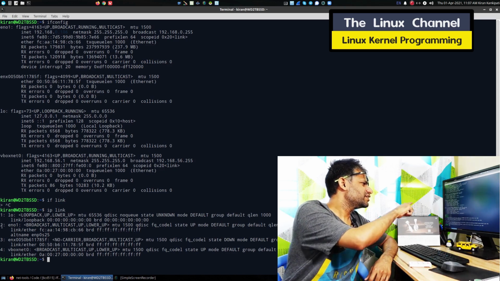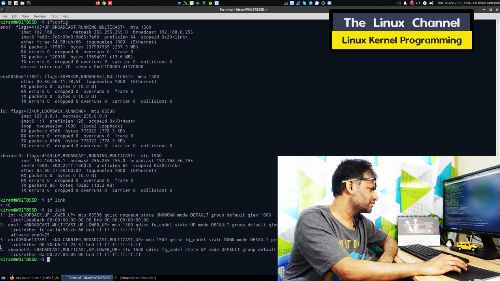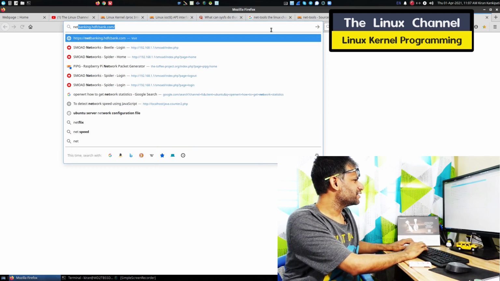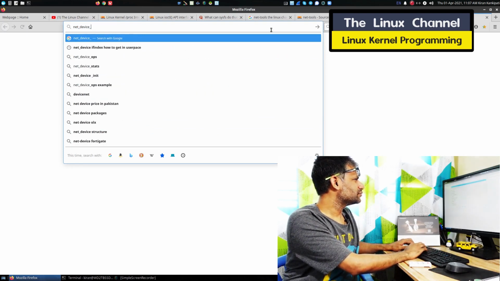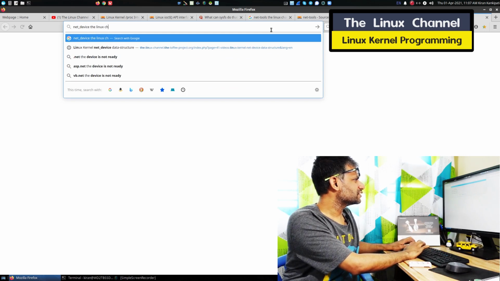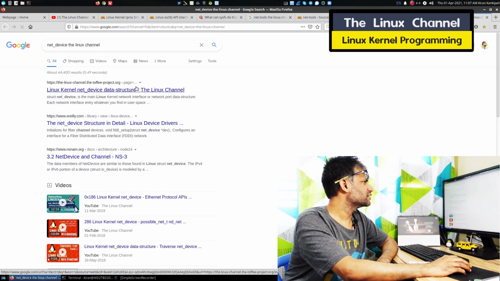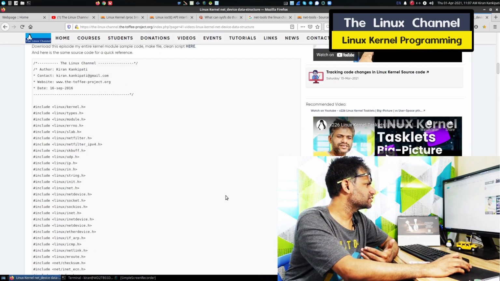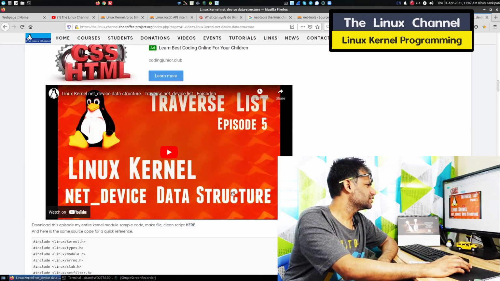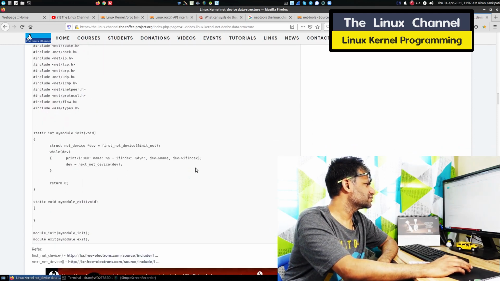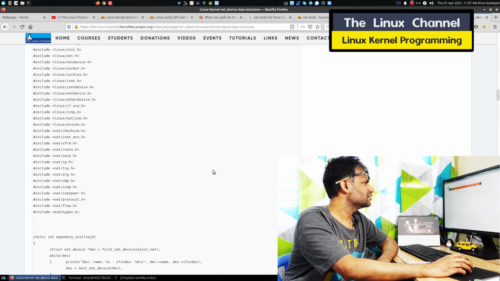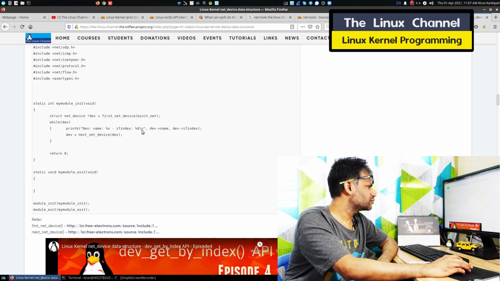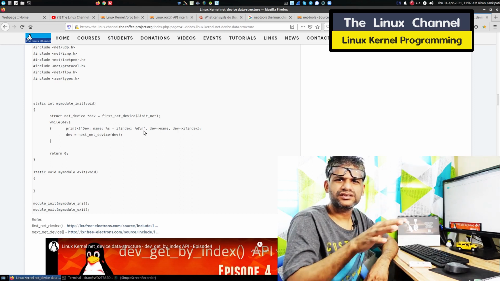This is actually a traversal of that net device data structure, and again I have covered that extensively. This is where net device is in the Linux kernel, and again you will find it over here. Sometime long back I covered an episode about the traversal and stuff. You can see it traverses this, and hence we are getting that interface index. In the episode demo, in fact, I displayed this output, and you can find that interface index. It starts from 0 something.